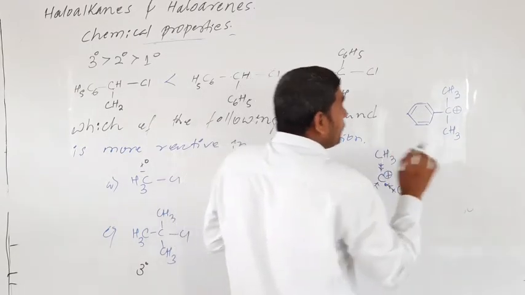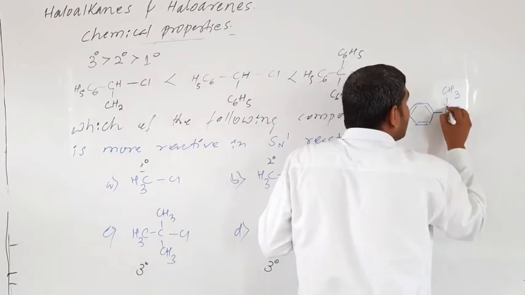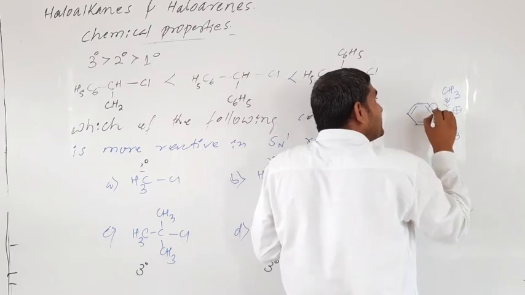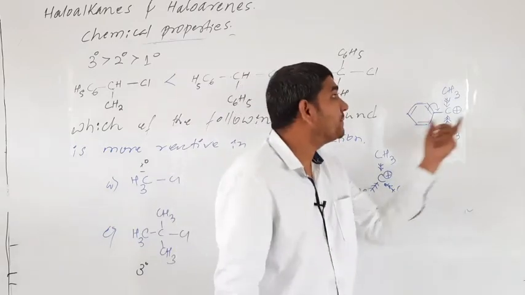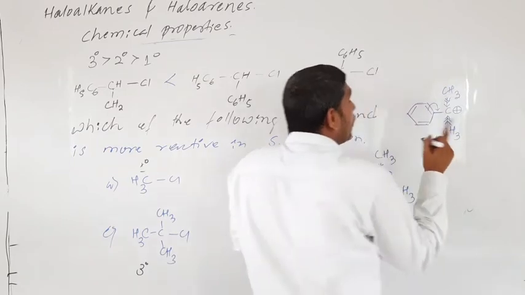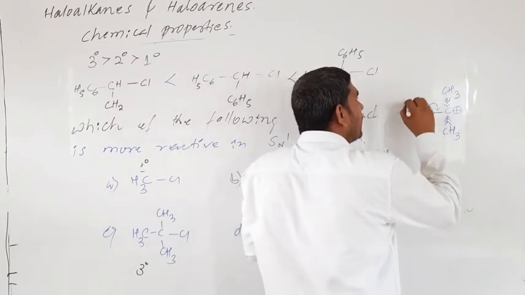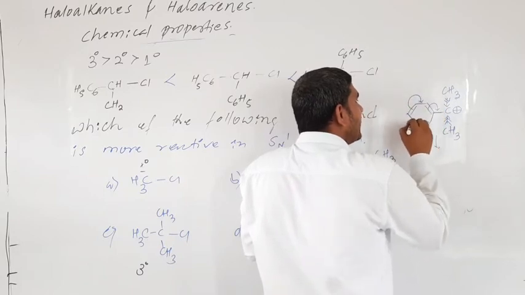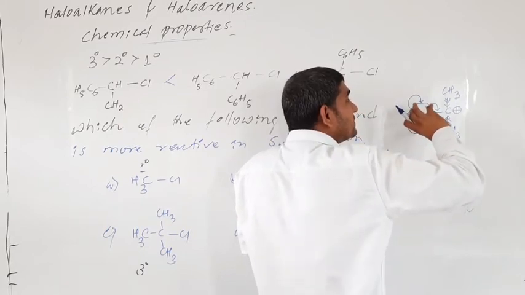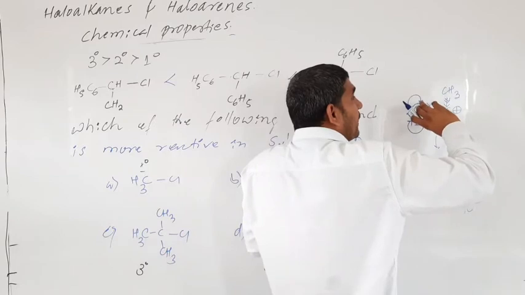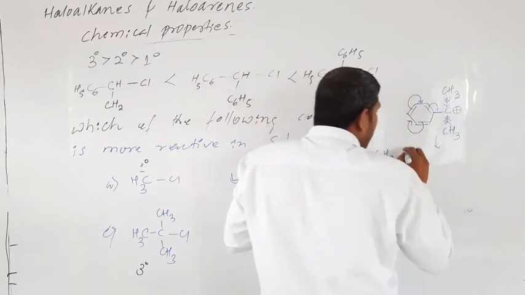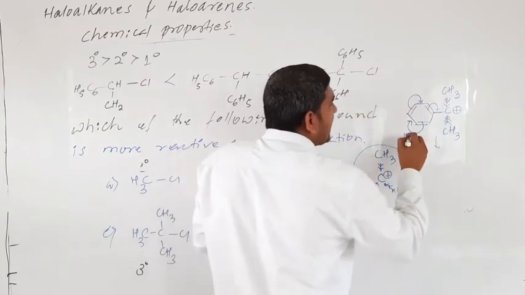Over here 3 are there, but over here 2 methyl groups are there. Along with that, over here the stabilization of the carbocation takes place through the resonance effect, through the mesomeric effect. Like this, see over here, how many resonance structures are possible? This is 1, 2, 3. Understood? Through the mesomeric effect, due to resonance of electrons from the benzene ring, this is more stable compared to this carbocation. This is the highly stable one.